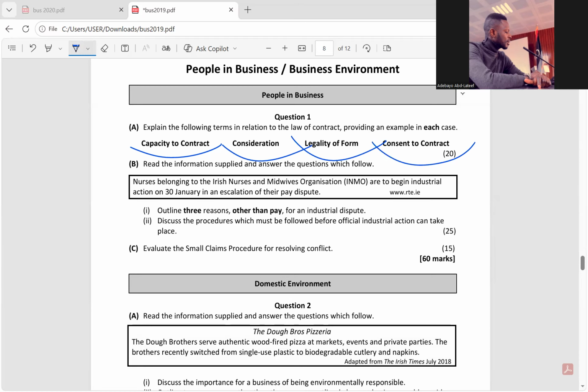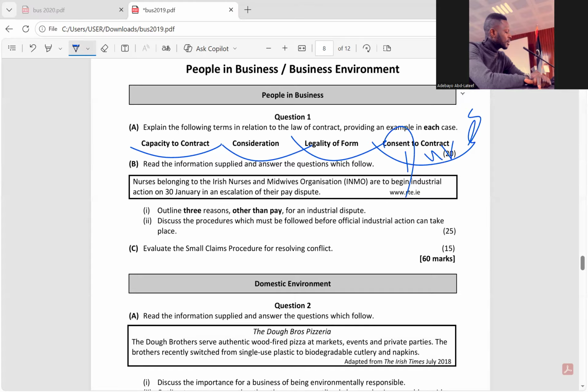Both parties must enter the contract freely in their right state of mind without undue influence. You must not put them on duress. Duress means you must not put a gun on their head to sign a contract. No, you must not put them under any influence. Let them, in their own free mind, free will, enter into that contract. So these are the terms of a contract. Any question about that? Okay. So that's section 3, question 1A.